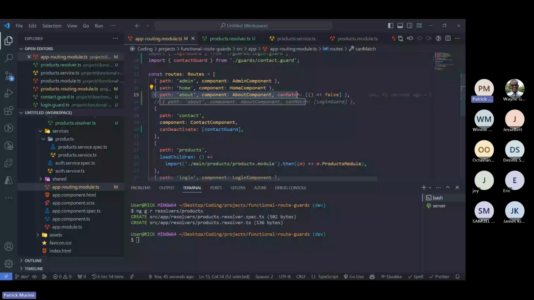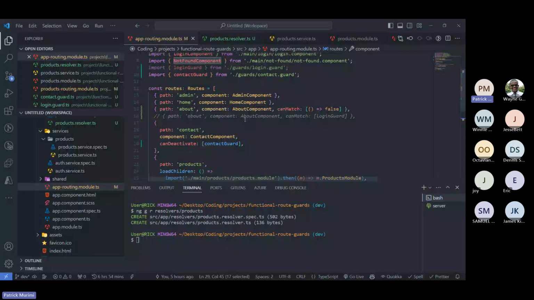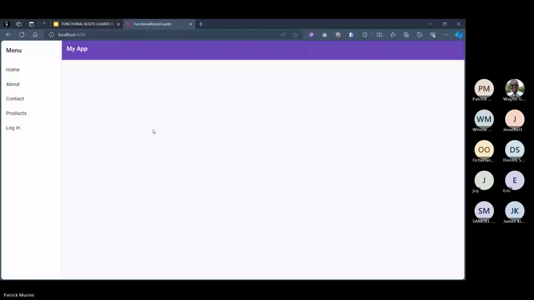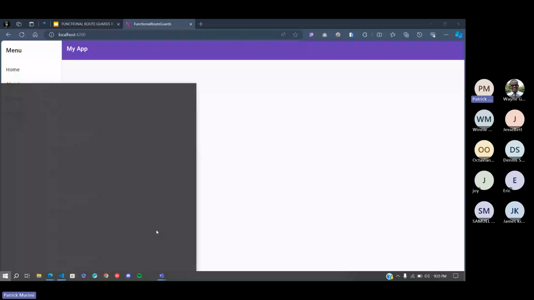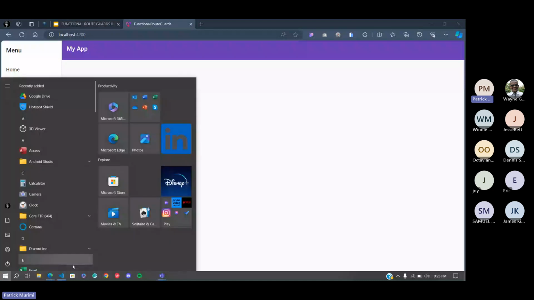But if I use the CanActivate route guard, the route still exists. It's still there, but I can't access it. So yeah, that's the fundamental difference between CanMatch and CanActivate. If I try to access the about page, the route is still there, but I can't access it. But if I use the CanMatch and it evaluates to false, that route becomes non-existent. And that property of the CanMatch can come quite handy if you have routes with